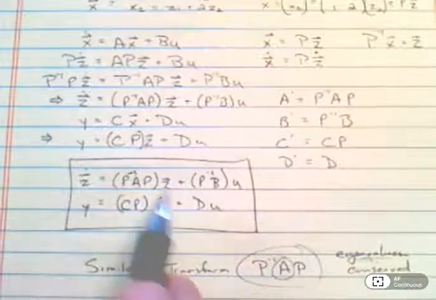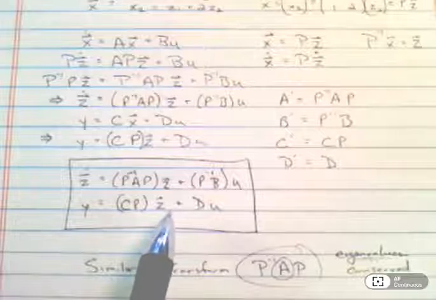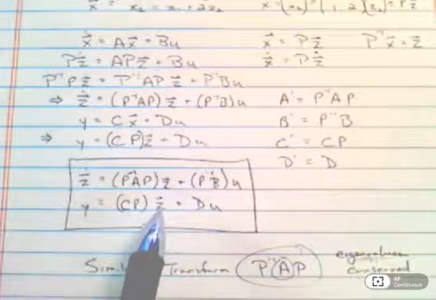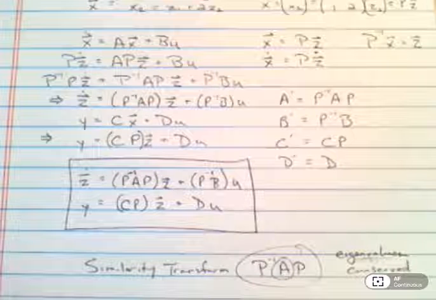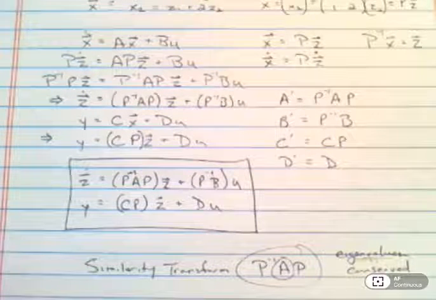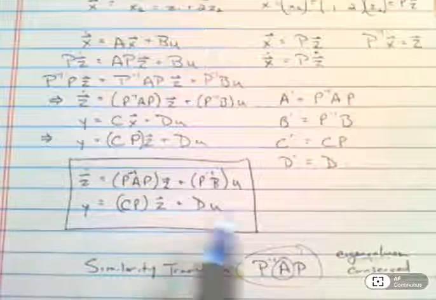The eigenvalues will stay the same when I convert a set of state equations from one perspective to another, which is the same as saying writing it from the perspective of one set of state variables versus a different set of state variables. I wind up with a similarity transform on the A. Similarity transform is of this form, and the eigenvalues will be